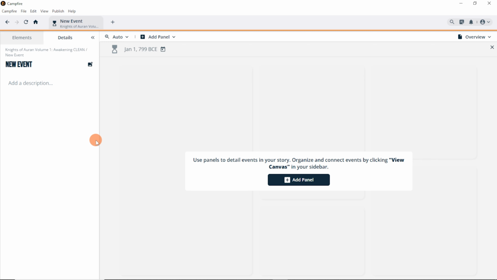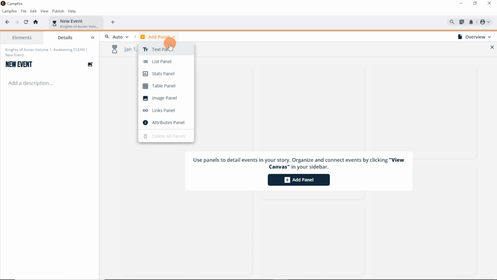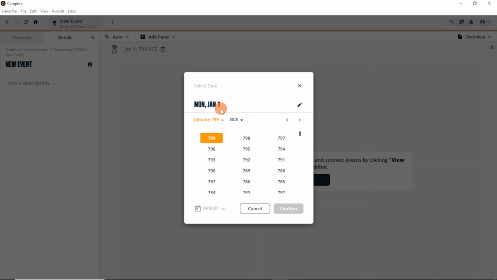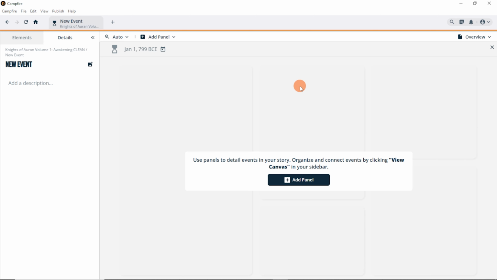And this is pretty much what the timeline looks like. The reason why there's a calendar is because timeline, calendar, and arc all connect with each other. And when you go to the panels, as you can see, just like I said, most of the modules have these selections right here. And this is based on the setting. Again, we'll go over calendars in a separate video, but I just wanted to let you know so you can see for yourself. And when you're on the calendar, you can choose what type of calendar